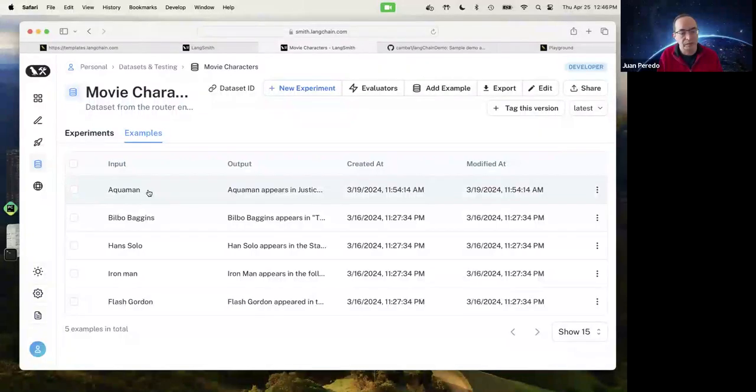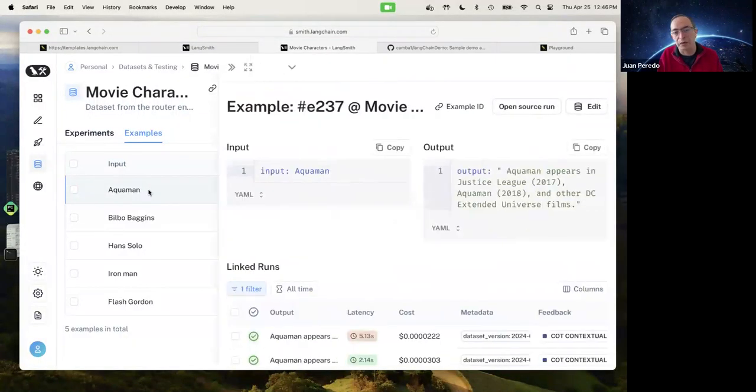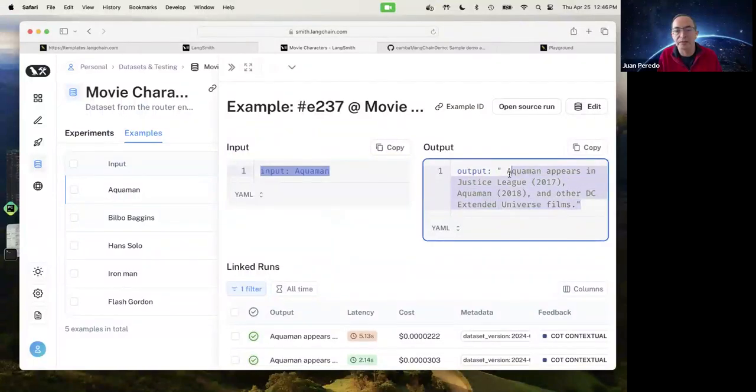For example, I had a run for Aquaman, and basically what I'm telling LangSmith here is, whenever somebody runs with an input of Aquaman, I want this to be your golden answer, right? I want you to compare additional runs of this particular LLM call to this answer and see how well or poorly those answers are in comparison to this one.